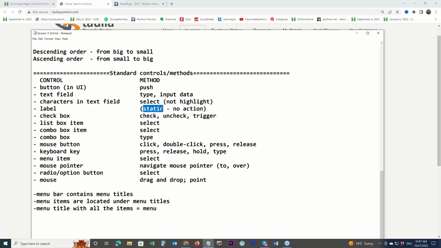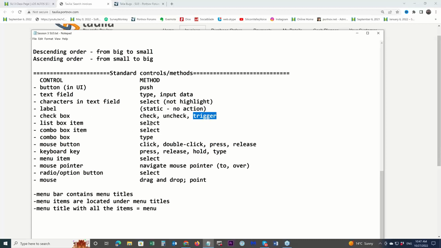You cannot apply any action to the label. You just read it. Checkbox: you can check, you can uncheck, or you can trigger to the opposite state. You might not know exactly what the state is, but you just want to change it to the opposite. That is a trigger.